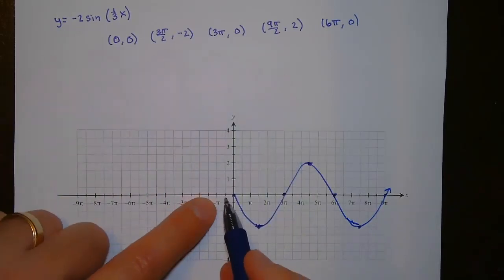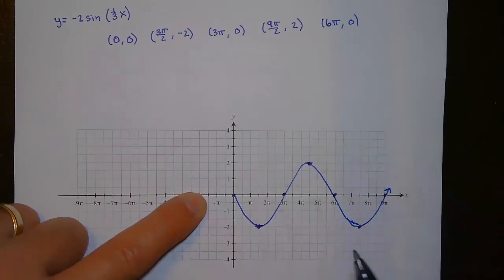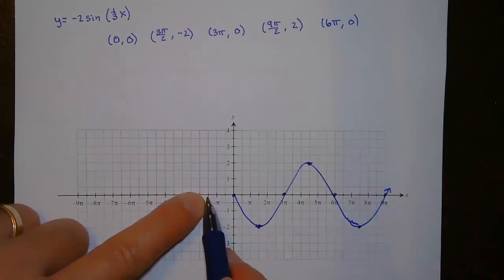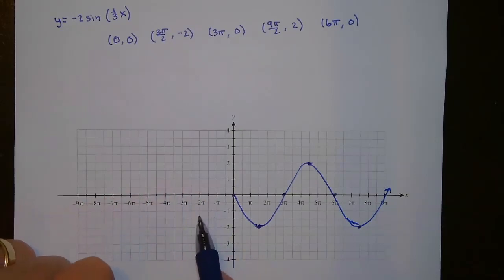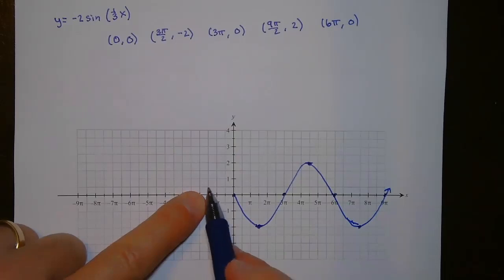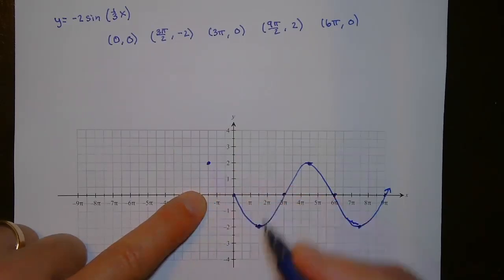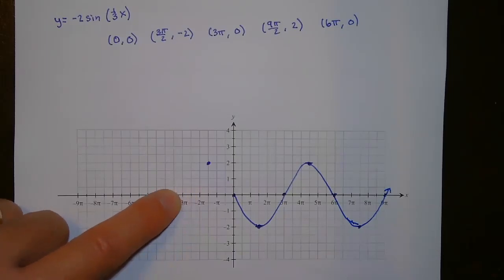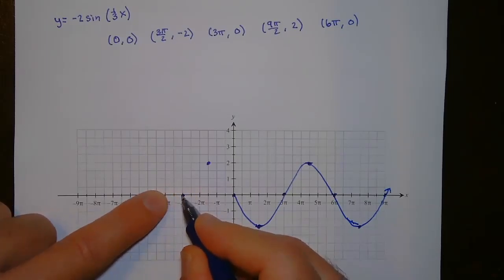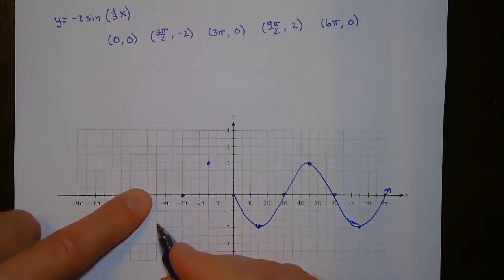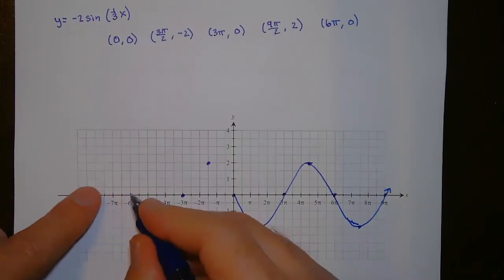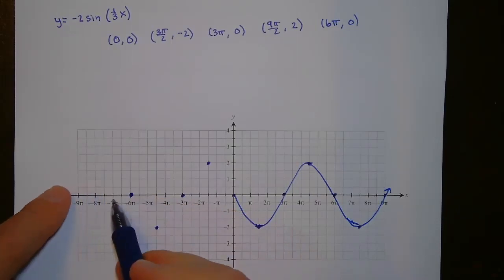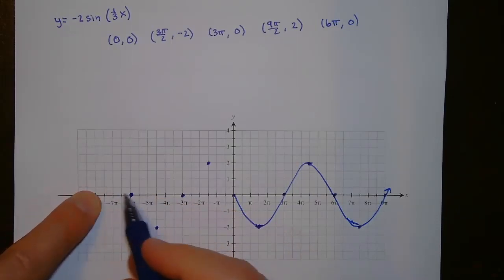So every 3 grid lines, 1, 2, 3, right? A point is happening, okay? So in this case right here, at this third grid line, 1, 2, 3, right? Which would be negative 3 pi over 2, we're going to be at positive 2 right here. Okay, and then 1, 2, 3, then I'd have to be back at 0. And then 1, 2, 3, I have to be at negative 2, which would be right here. And then 1, 2, 3, and I'd be back at 0 at negative 6 pi. And then 1, 2, 3, and I'd be up at positive 2,